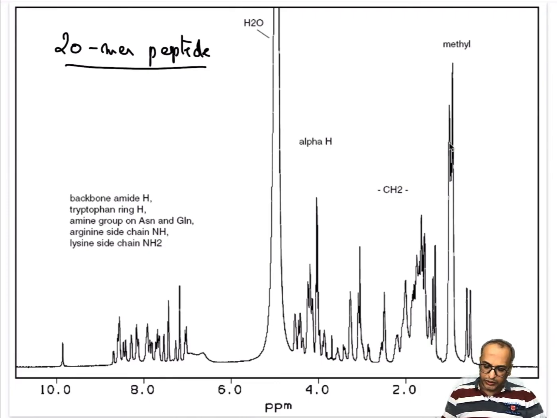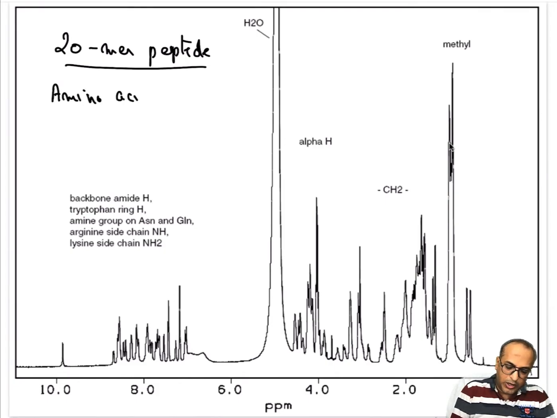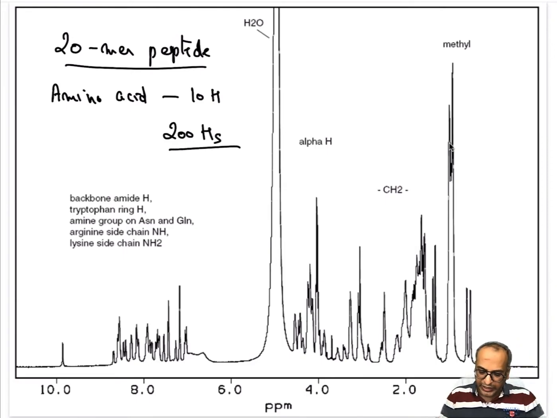And here you cannot count the number of protons. So what is the total number of protons which are expected? Each amino acid on average carries, let's say, 10 protons. So for 20 amino acids you should have 200 hydrogens or 200 protons, right? So one definitely cannot count 200 signals over here, let alone work out the splitting pattern. You cannot find out the splitting of each proton, except for some isolated protons like this.